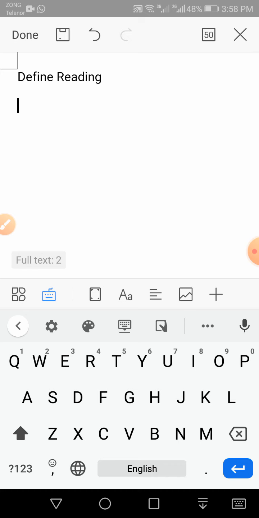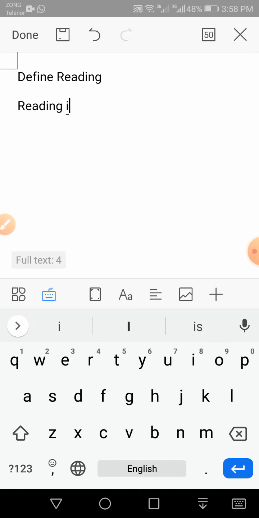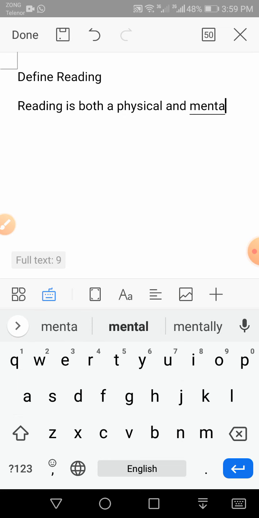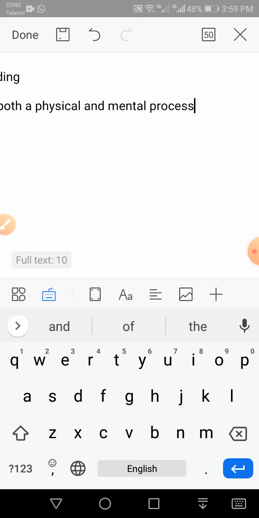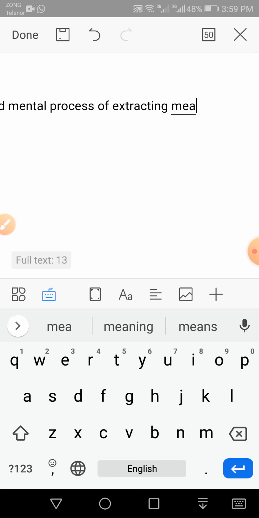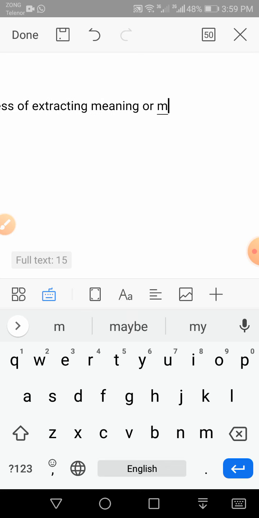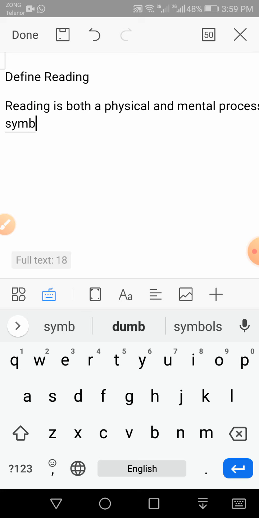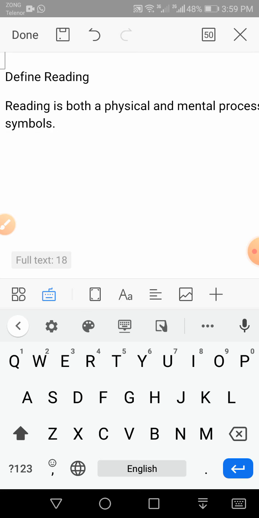You can say reading is both a physical and mental process, okay, of extracting meaning or message, okay, M-E-S-S-A-G-E, message, from written symbols. Then you can further explain.